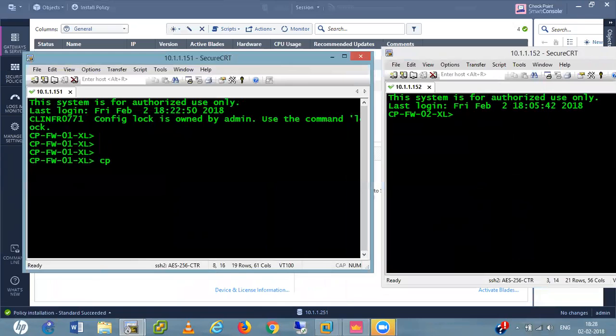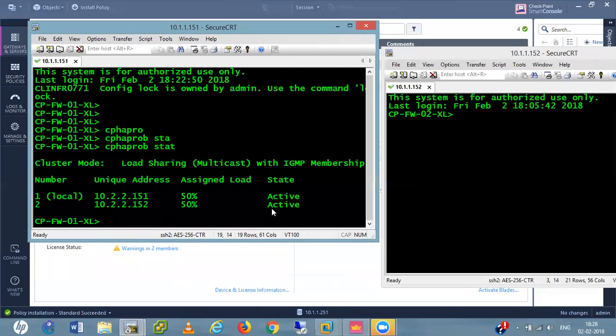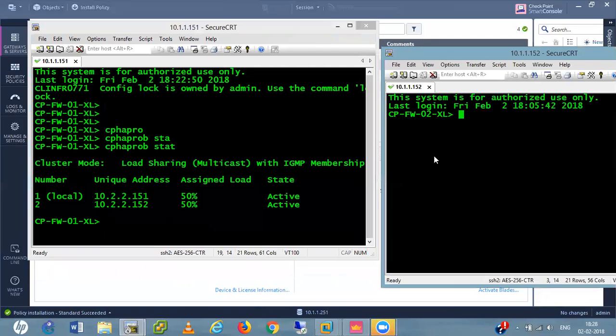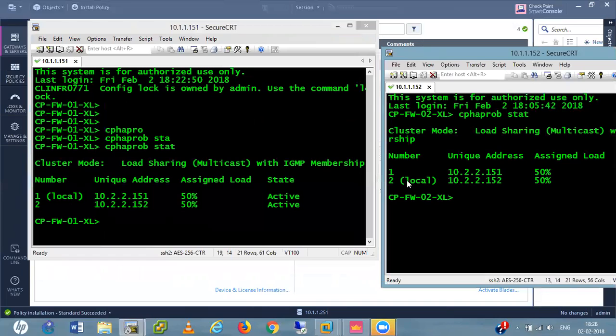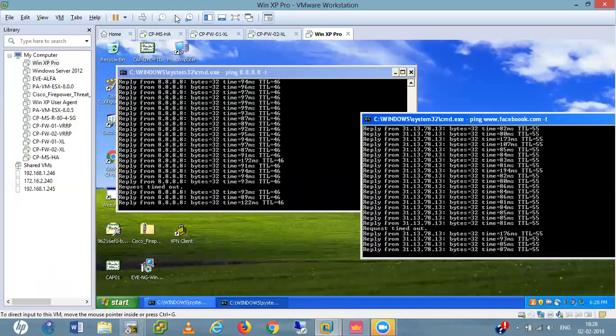If I run here cpha probe state, now both firewalls are in active state, right? See, both firewalls are in active state, and they are sharing the 50% load. And if you are able to see this, traffic is also there.